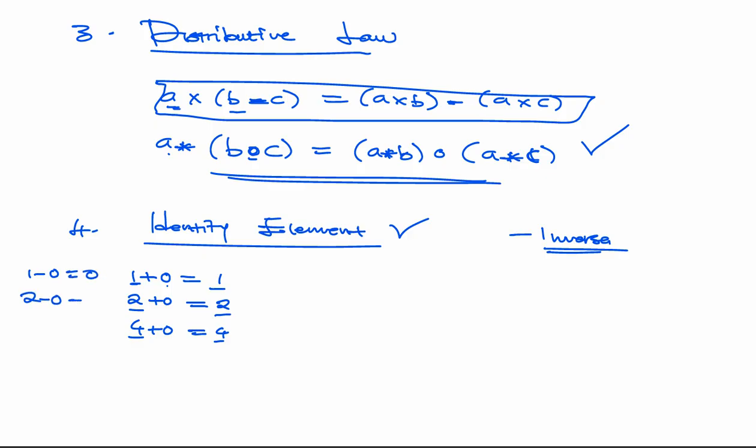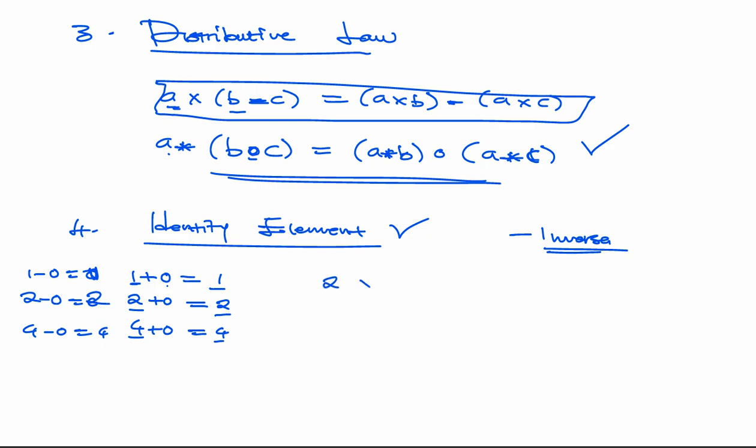2 minus 0, we get 0. Actually, we get 1 here. We get 2 here. Then 4 minus 0, we still get 4. So now, an identity element when it comes with multiplication is actually 1. What does that mean? I mean to say that when we say